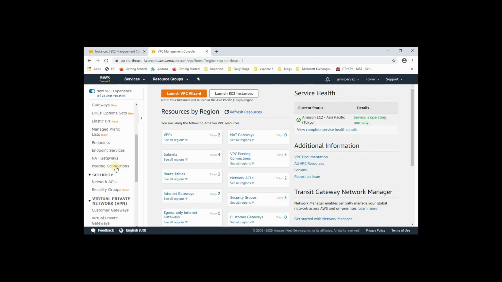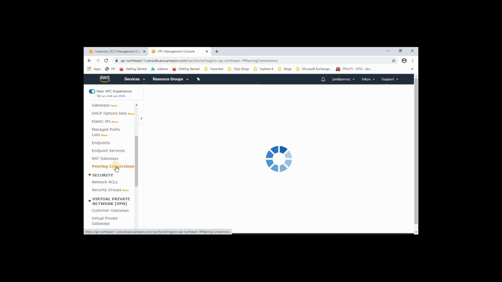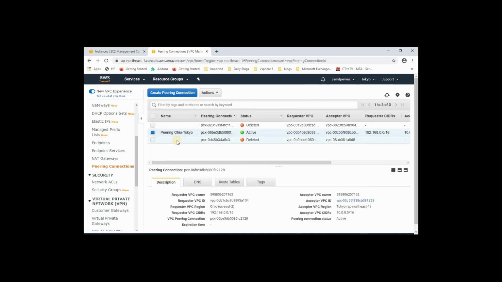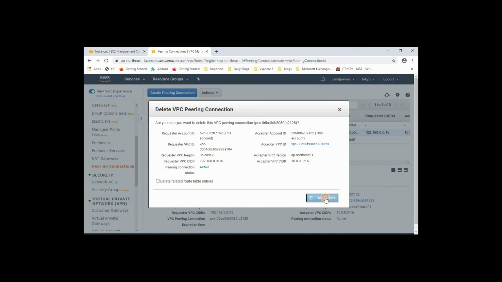Scroll down, select peering connection. Select your peering connection. Select action menu. Delete VPC peering connection. Click yes, delete.